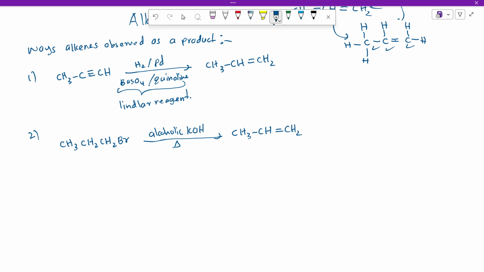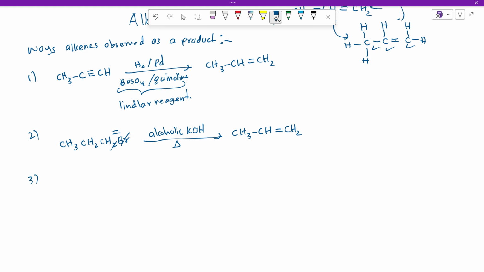And then the second one, we did a similar kind of reaction, I think the same reaction before. Once you are given the alkyl halide and once you add alcoholic KOH, the heating process removes the HBr. So this particular Br and an extra hydrogen from here create a double bond here. That's the only scenario. Then you get an alkene. Third